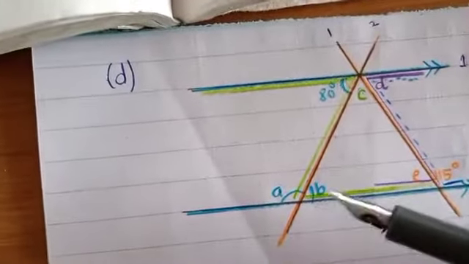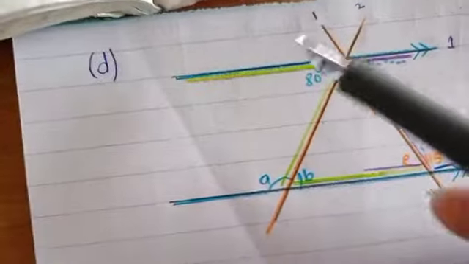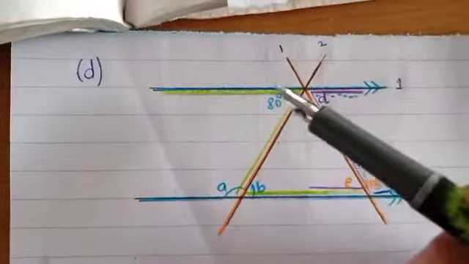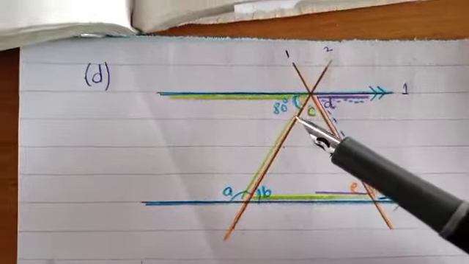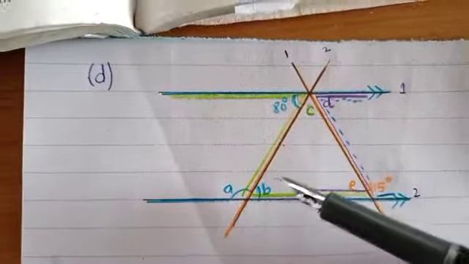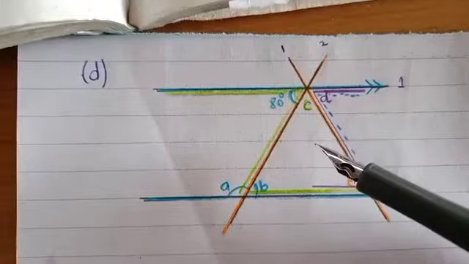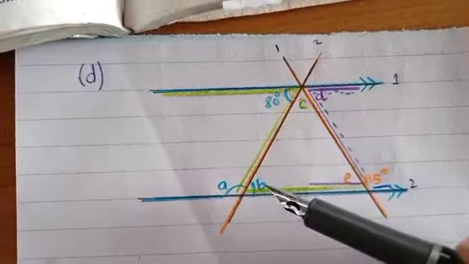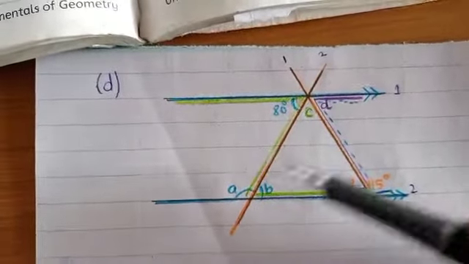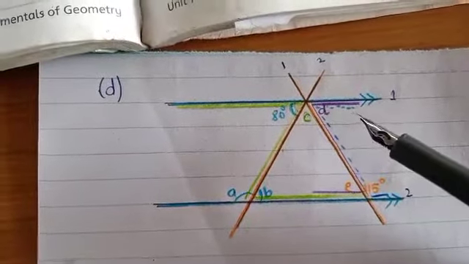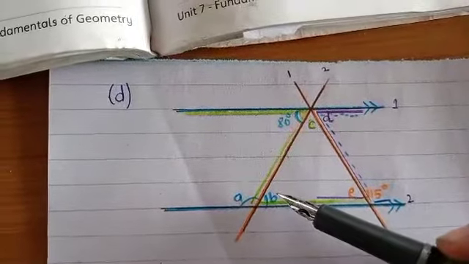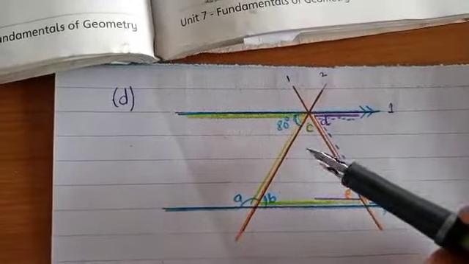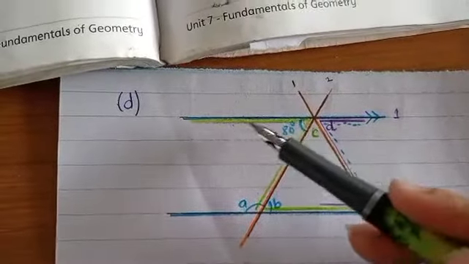Okay, now as I have understood the figure, these two are the parallel lines and they are cut by the two transversals. Now I will see which letter I have to solve first. This I have to decide. There is no hard and fast rule. You have to choose which letter you can solve first so that other letters are solved easily. Okay, I can do A, B as well. I can do D as well because I can see that Z is formed here.